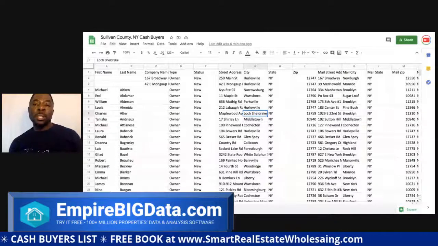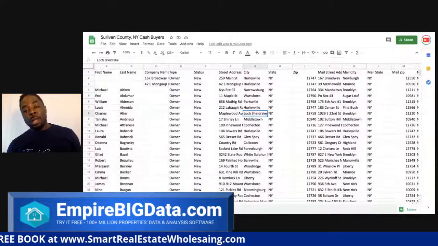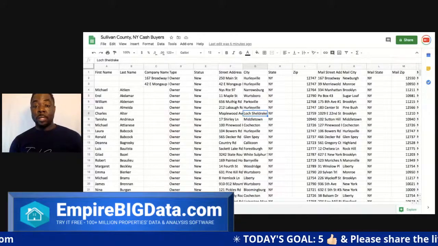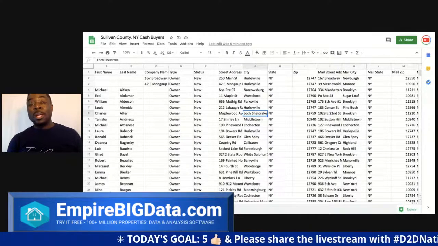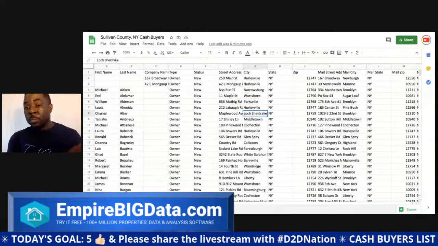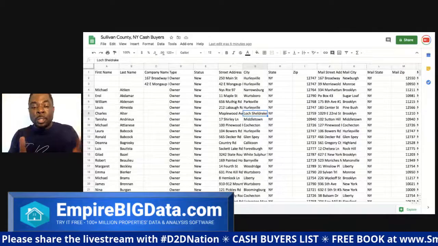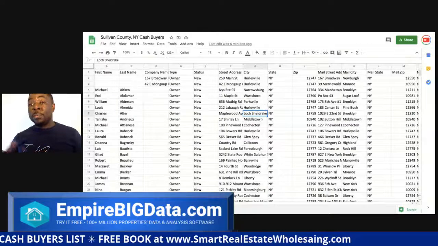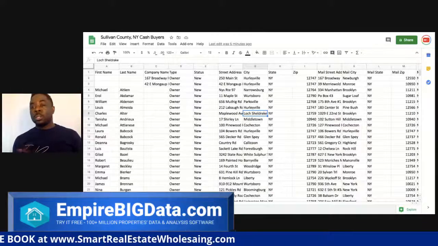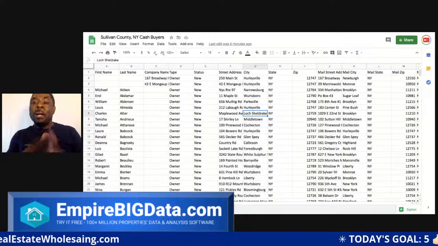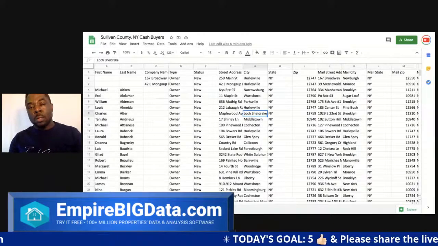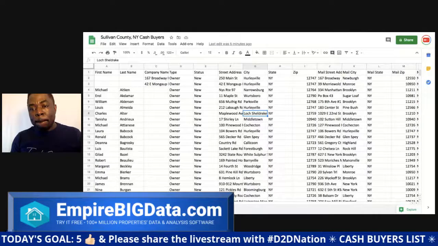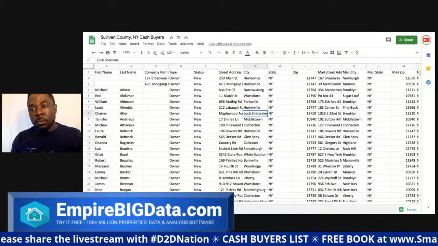Now, if you have the budget, or you want to play the game of cash buyers and not focus on acquisition, not looking for deals from sellers, you just want to have a list, you can maintain a list of buyers and be the one who brings them deals from other people. That will be your own little angle to the game. You can absolutely do that if that's what you want to do as well. All right, so we got this list.